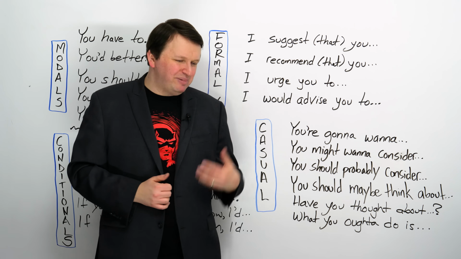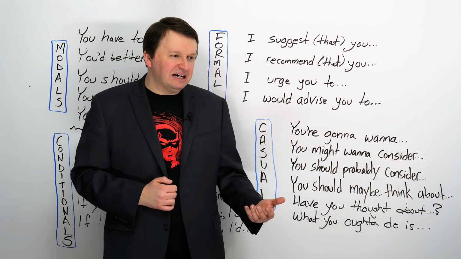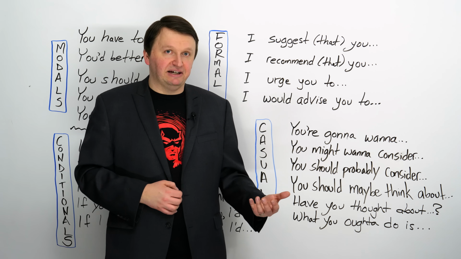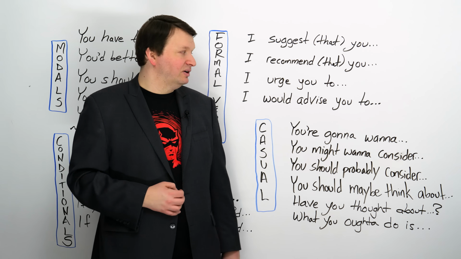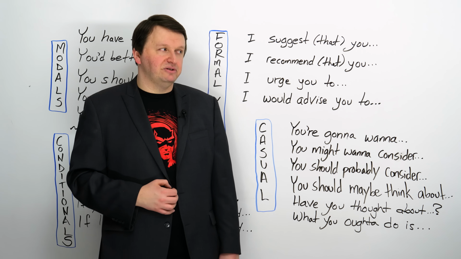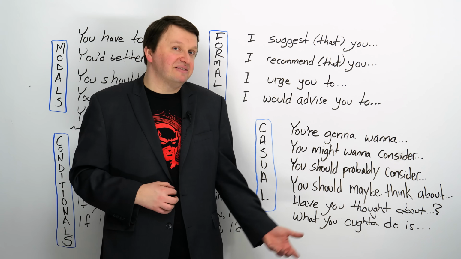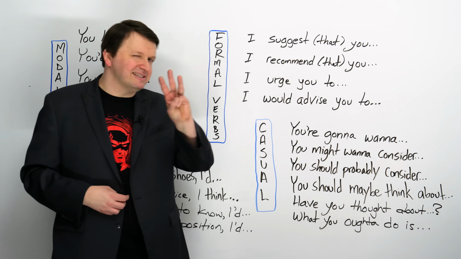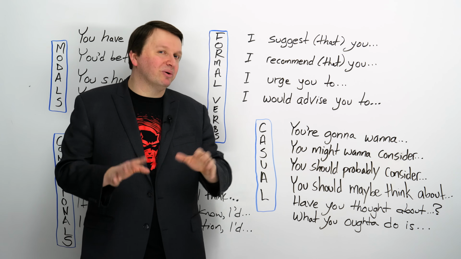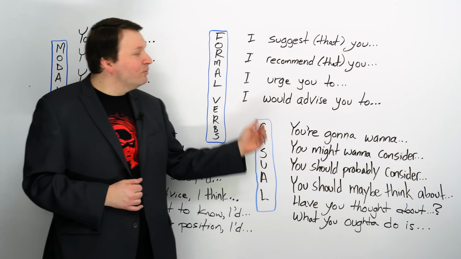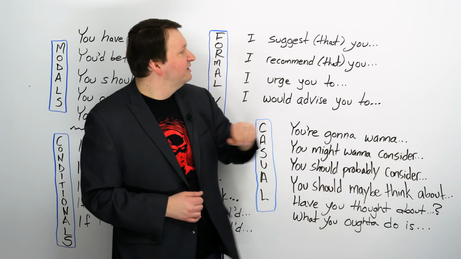Okay, I have a big test tomorrow, but it's also my third cousin's birthday party tonight. What should I do? Well, I would advise you to skip your third cousin's birthday party because they won't even know you're not there. So it's okay. They're your third cousin. Your first cousin, a little more important. Third cousin, you should study. I would advise you to study.